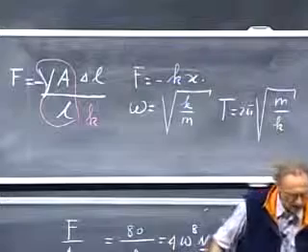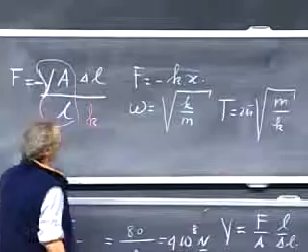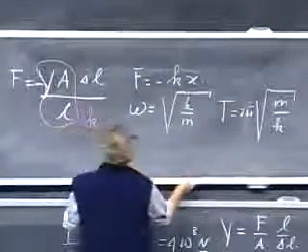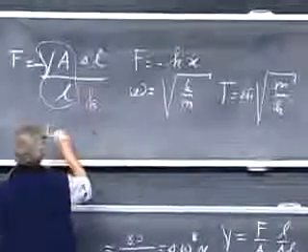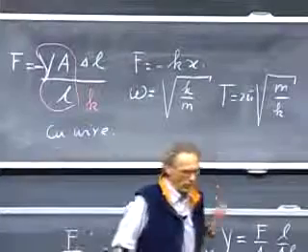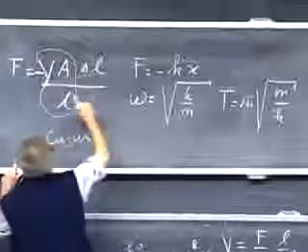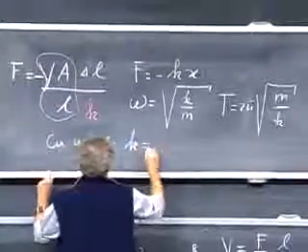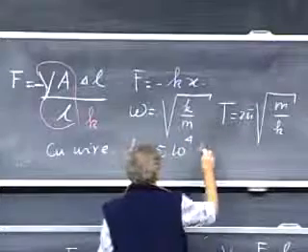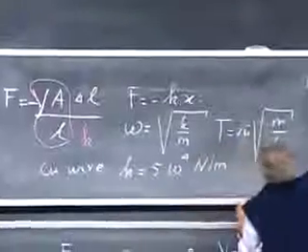If we take our copper wire, we know what Y is. If I take the value 11 instead of the one that we found, but it's very close anyhow, then I will find, depending upon the mass that I hang on it, but I'll find in any case for this value k, 5 times 10 to the 4th newtons per meter. So if now I hang on it a mass of 1 kilogram,